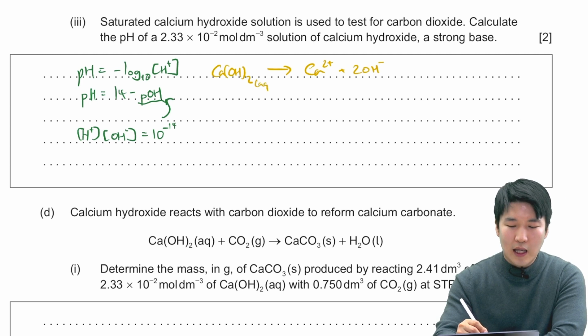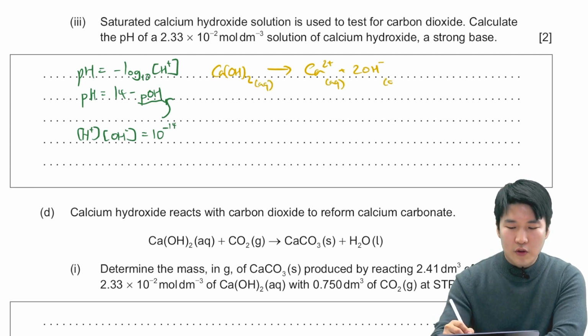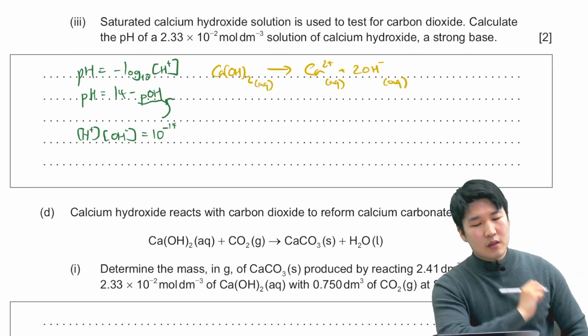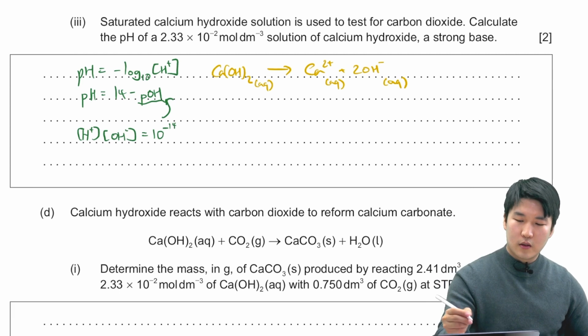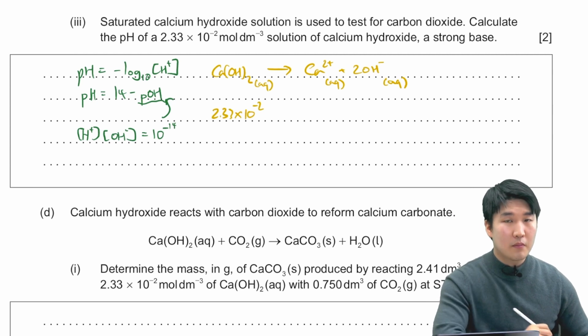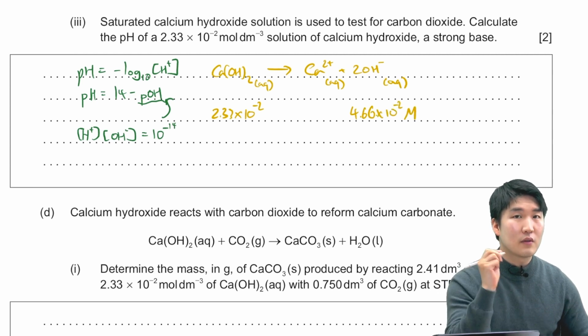Calcium hydroxide aqueous, calcium 2 plus aqueous, hydroxide aqueous. If we start with 2.33 times 10 to minus 2 big M of calcium hydroxide, we will end up with 4.66 times 10 to minus 2 big M of hydroxide ion,